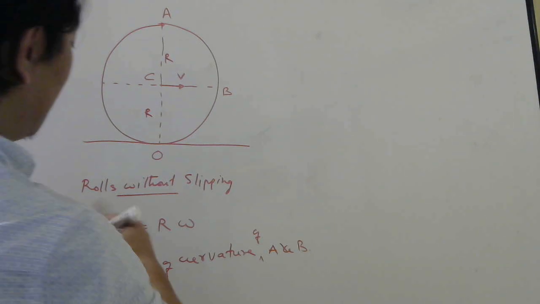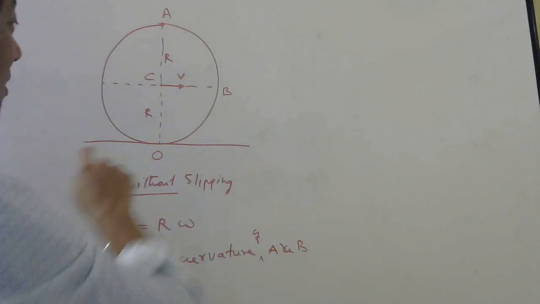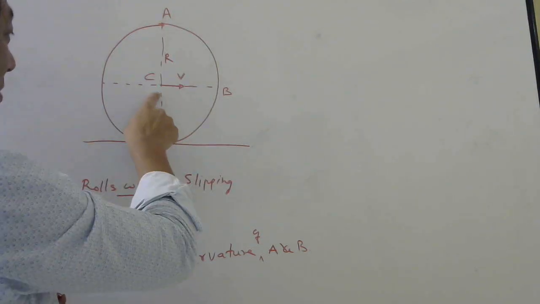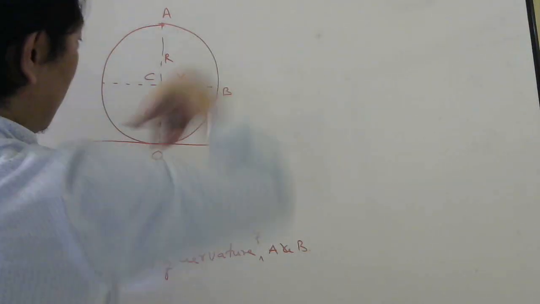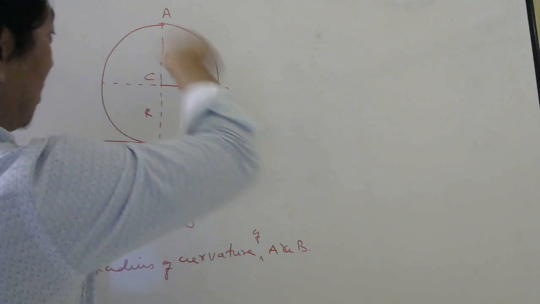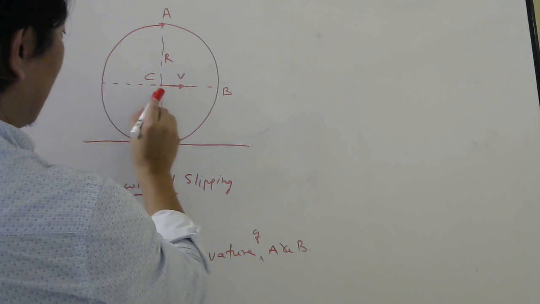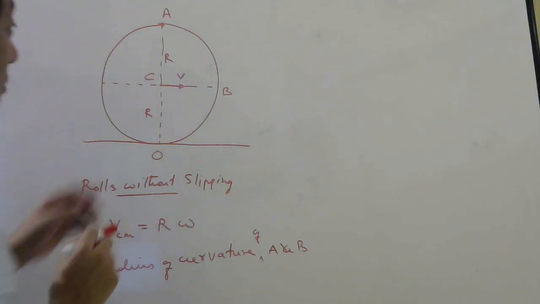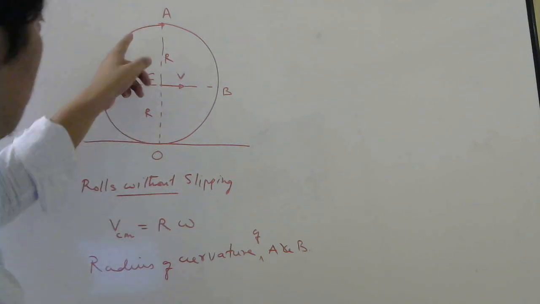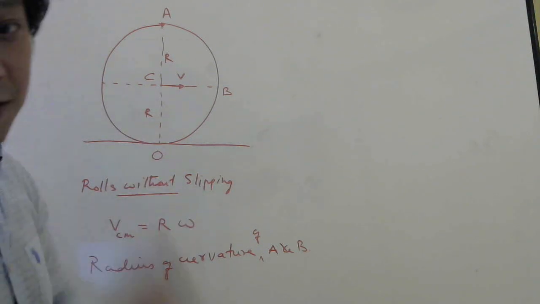No, because this is not just rotating. It is not rotation where the center is fixed. Here it is rotating with respect to the center of mass, plus the center of mass is translating. So the center of mass is moving like this, and it is also rotating. If you sit here, then you will see pure rotation. But if I see from the ground frame, I will see the center of mass translating also. So there will be two motions for any point here: one is rotation about the center of mass plus translation of the center of mass.